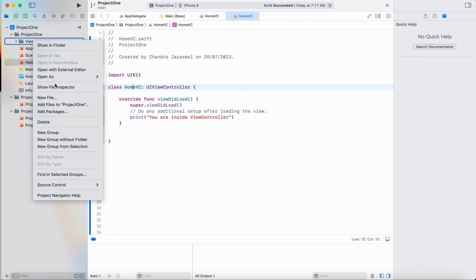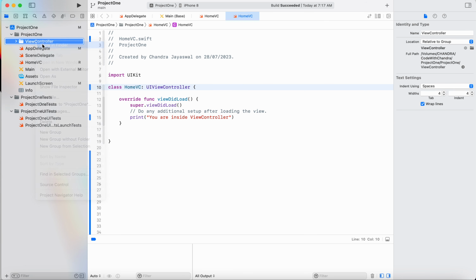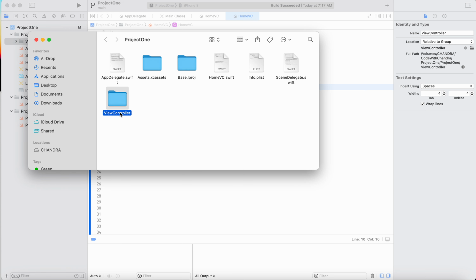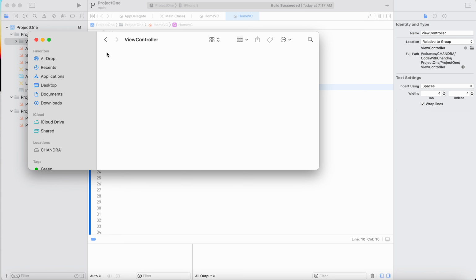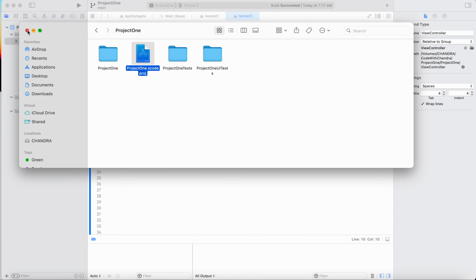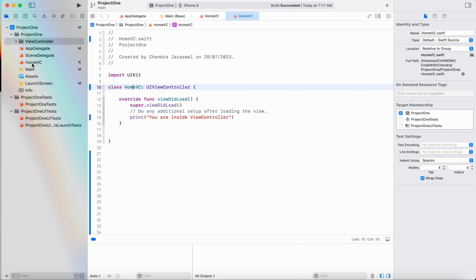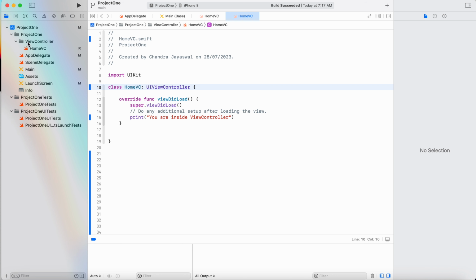If I go to Finder, then see, inside project one the view controller folder is created, nothing is inside. Now what I want is to put all the view controllers here. So we have the one home VC, home view controller. So let me drag it. Okay,